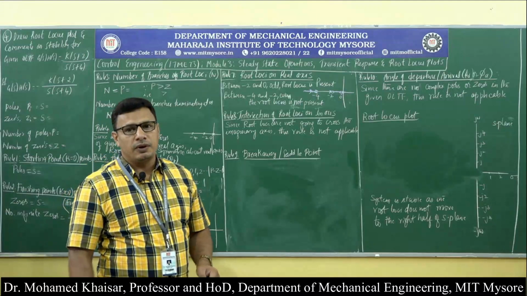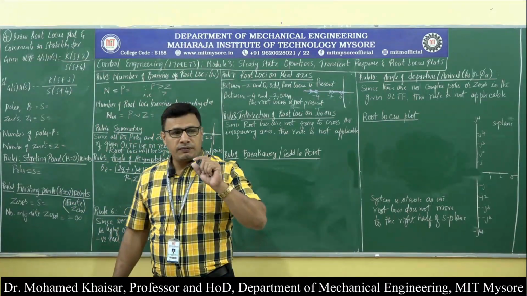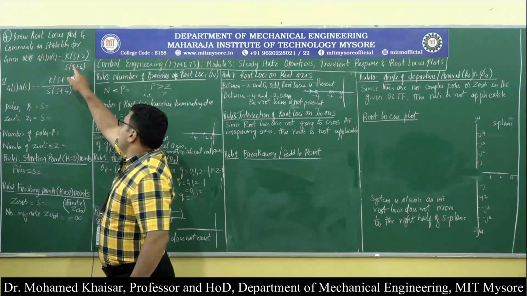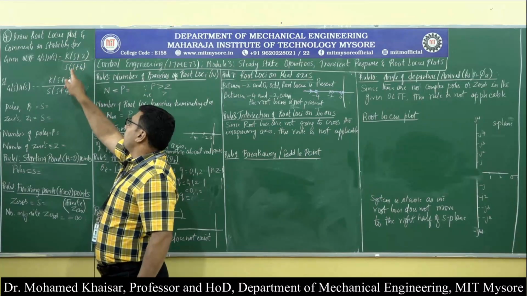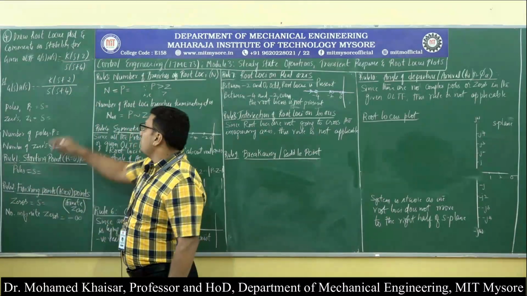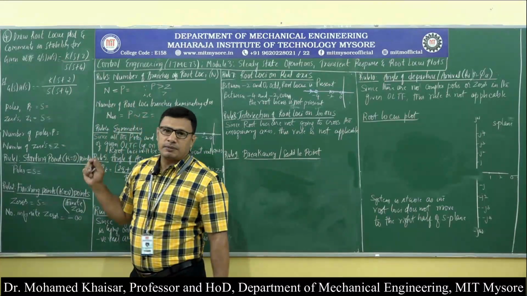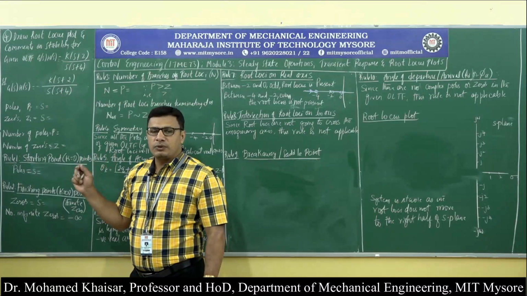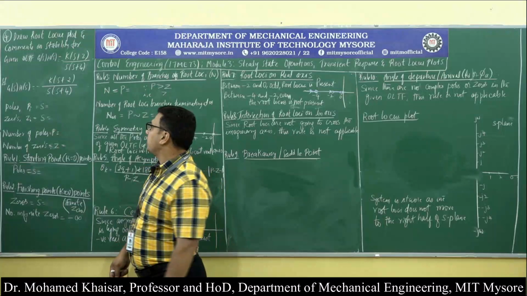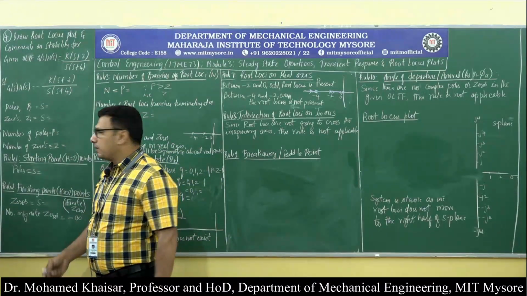Compared to the previous problem we have solved, the open loop transfer function is changed with a very minute issue. That is, we had k into s plus 4 divided by s into s plus 2 as the open loop transfer function. Now let us see what magic a small change in the problem does to the conclusions or results that we will get out of the root locus plot procedures. Let us solve the problem. The stages of solution remain the same.